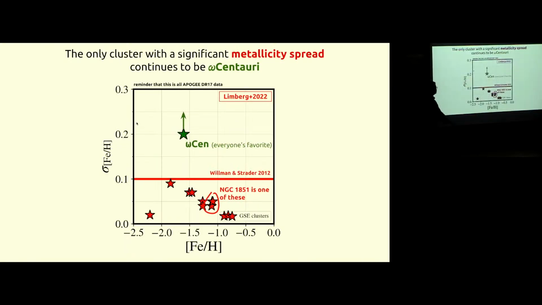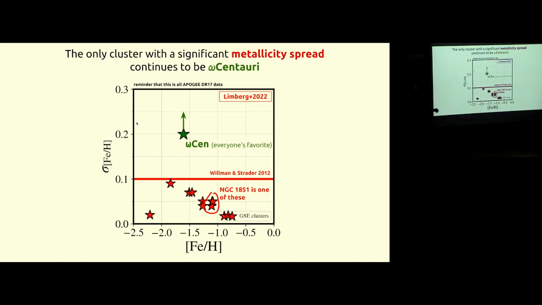And then this is the thing that really shows you that this NGC 1851 or any other globular clusters associated with ωCentauri or associated with Gaia sausage should not be the nuclear star clusters, and it's because of chemistry. So what I'm showing here in the vertical axis is the metallicity dispersion of your globular clusters. And if you have been to your stellar evolution classes or stellar population classes, you know that globular clusters are prototypes of simple stellar populations. So all of the stars should have the same exact chemistry. They should have exactly the same metallicities. And this is not the case.